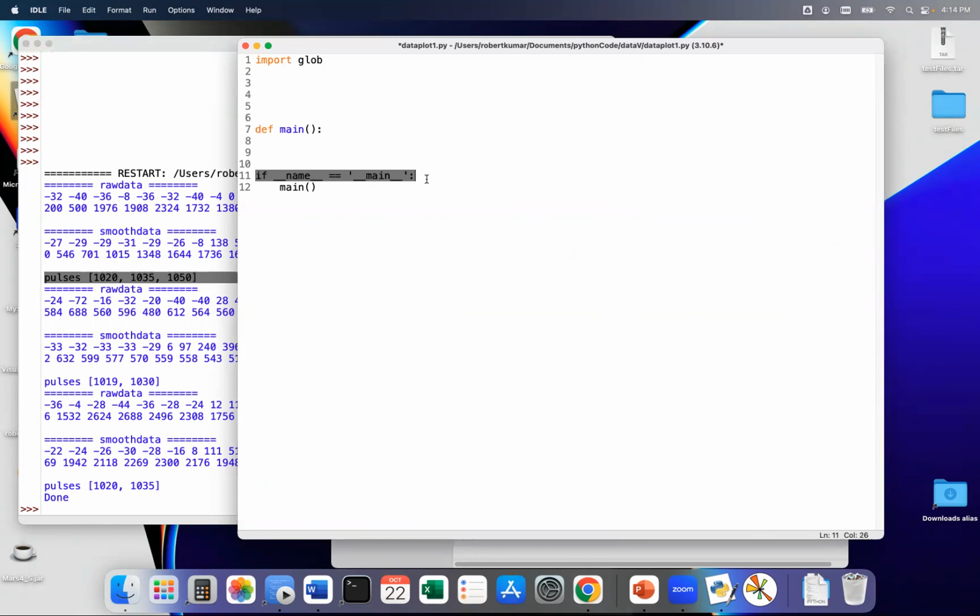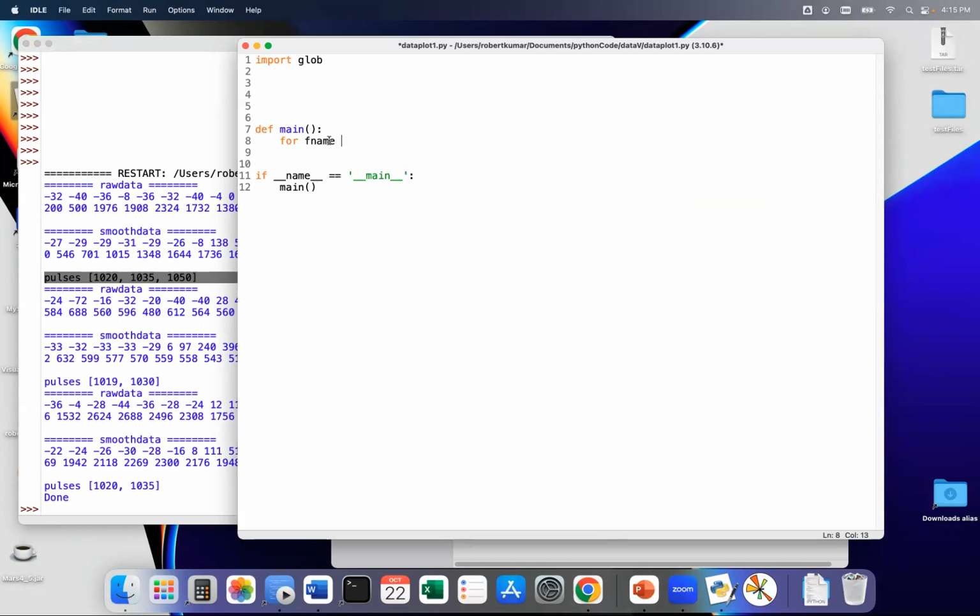You will see me when I'm writing code for tutorials, I hardly put that kind of code in there, but it's good to put it, because if you share the code with somebody, which as homework you shouldn't, but if you wrote code and needed to give it to somebody, then that check will protect your code from running on a code that individual has. All right, so main, and then in the main we're going to say for file name